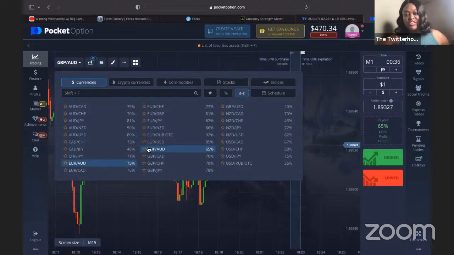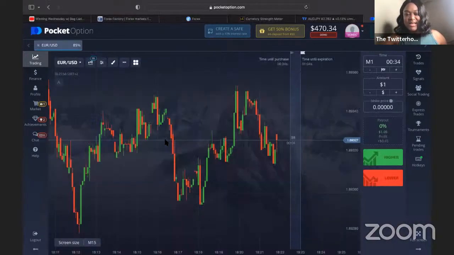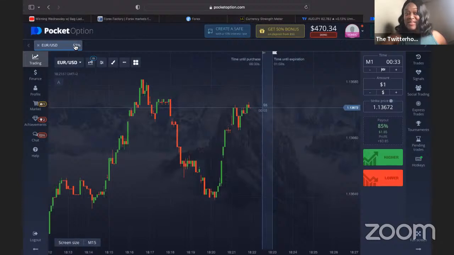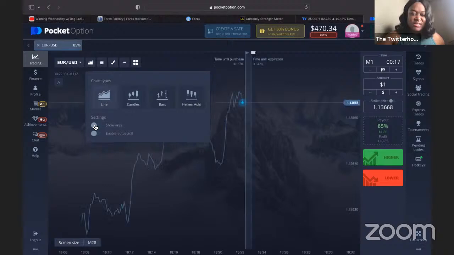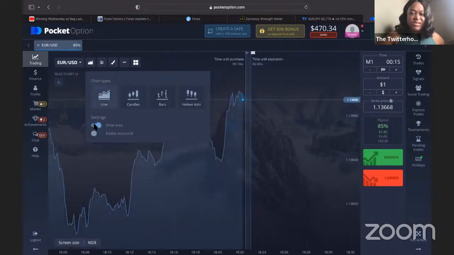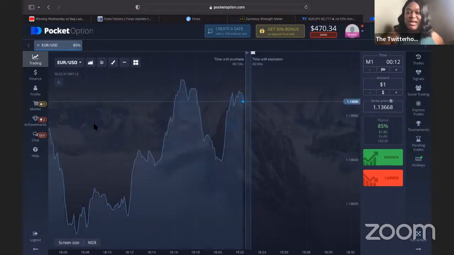ACE Euro USD. I select that, it's paying out 85%. So if I risk $1, I'm going to get 85 cents. So I also like to have it on the line chart with the area. That's just me. So looking at this,